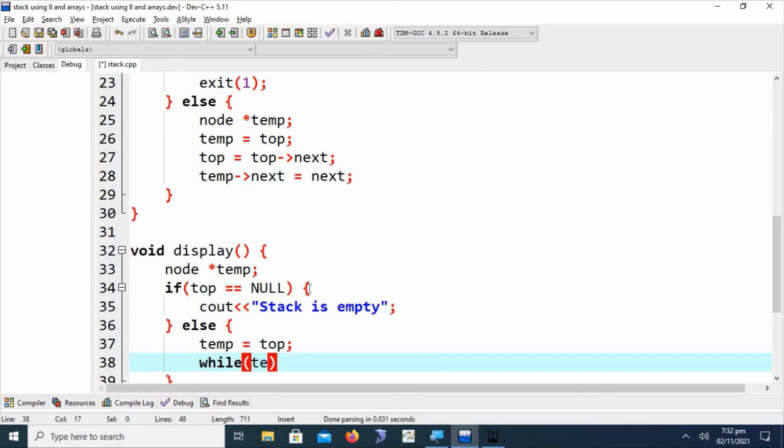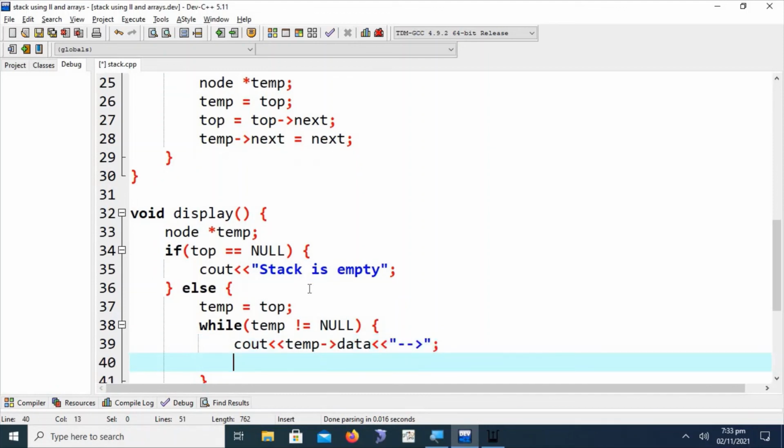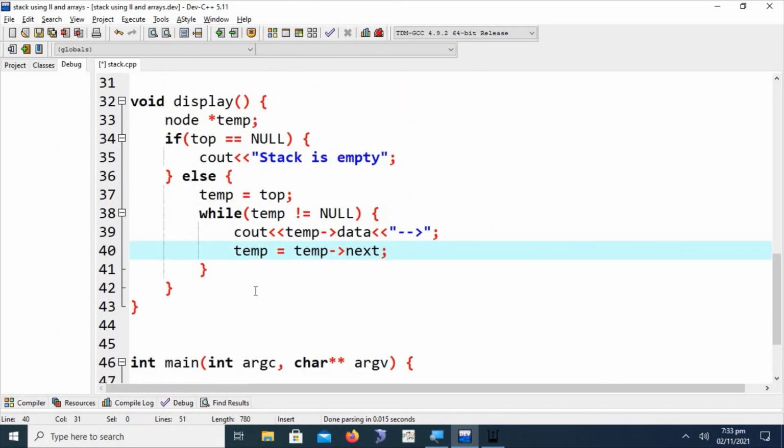We say that while temp is not equal to null, cout temp referencing the data item, and we can also print some samples to make the output clear, and then temp is equal to temp referencing the next. This will display the data on the screen in a good form.